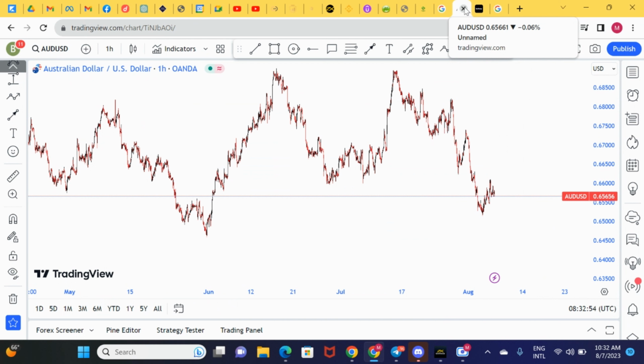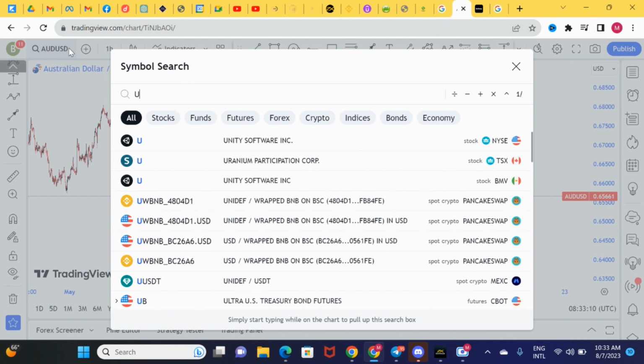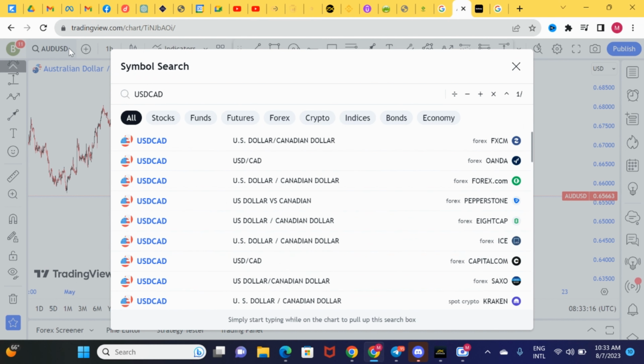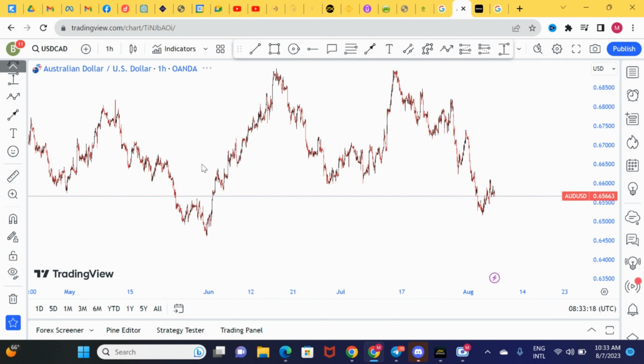So today I have a number of assets that I'll be looking at. It doesn't mean I'm going to trade all of them, but I'll be looking at them to see if I can get opportunities. The first one, let's start with USD CAD. I'm seeing it going up, and until it reaches a point where I can come and sell, I think we can look at it from this perspective.